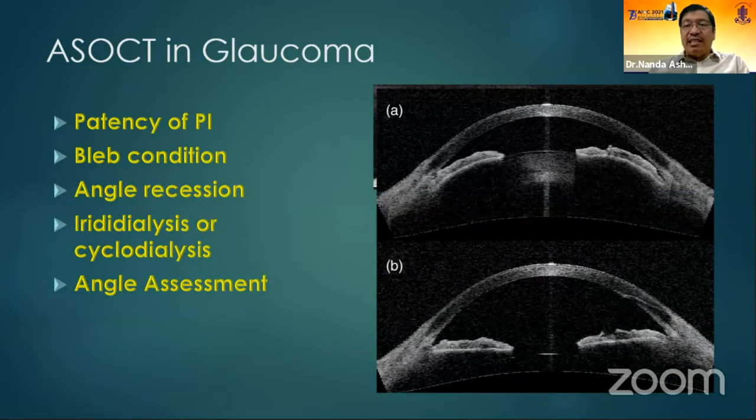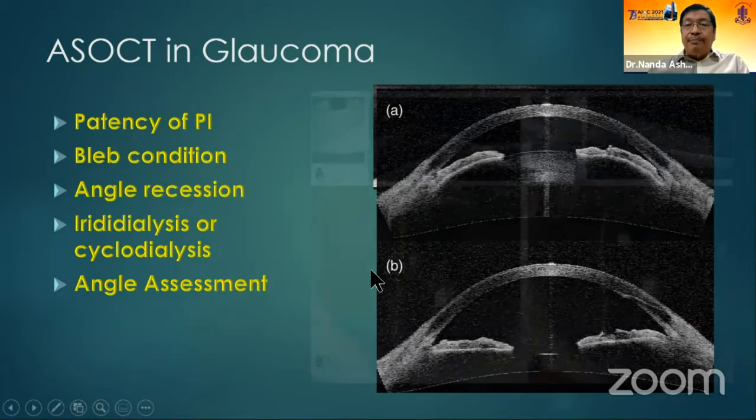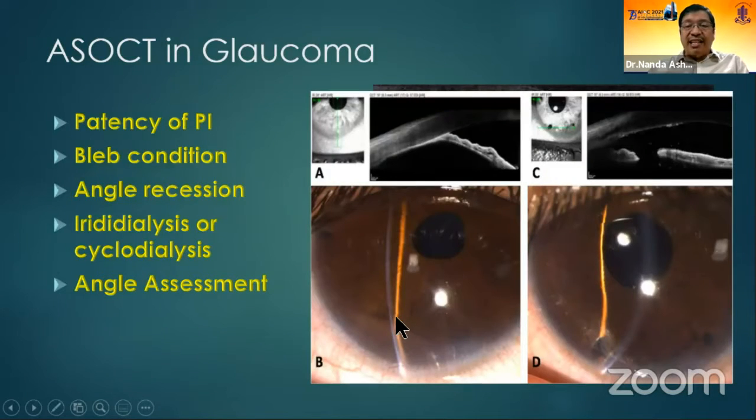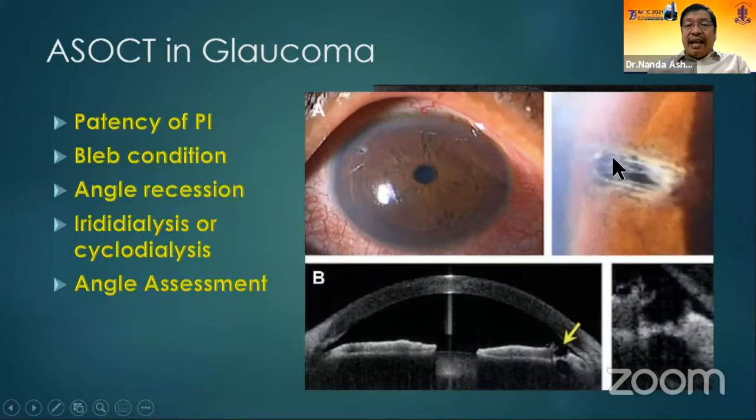In this, you can see after the PI, the anterior chamber, which was shallow, has deepened. This is the clinical picture. The anterior chamber had a peripheral anterior synechiae. After the PI, it has deepened. The PI is seen here. And here, the PI appears to be normal, but on intersegment OCT, you can still see a thin membrane behind.